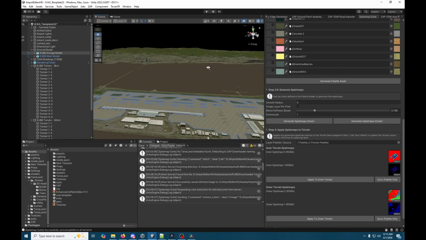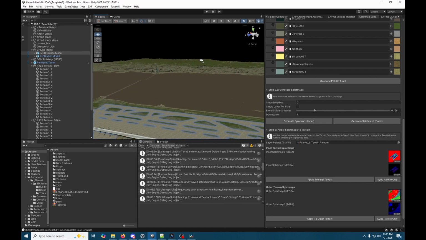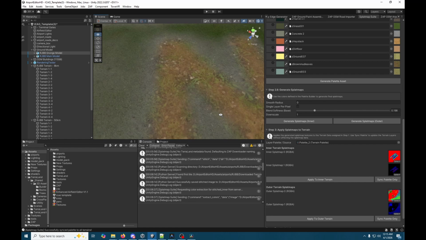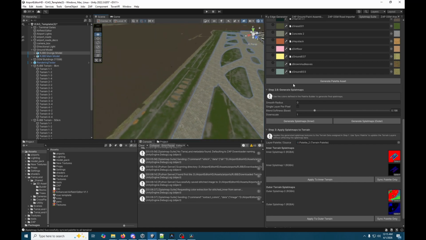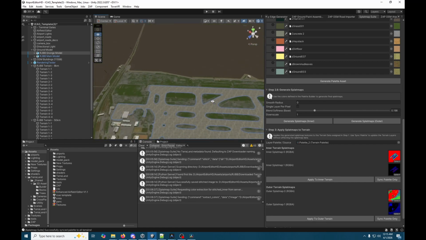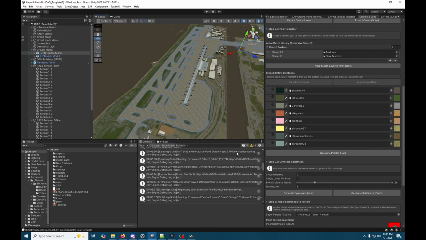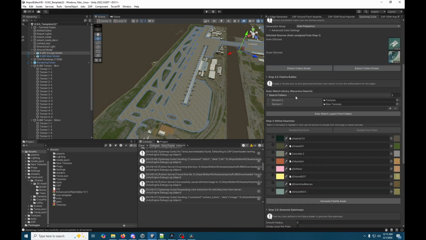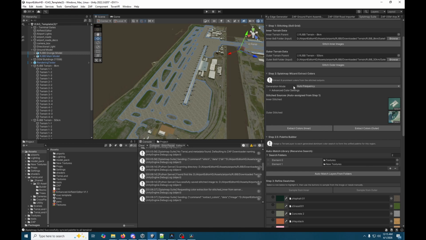And then somewhere over here it says Kansai. Alright, so that's still preserved. Don't love the texture that I picked, but you know, we can tinker with it, adjust it. So if you wanted to change the colors that it's picking, again, you have in Splatmap, you can change the